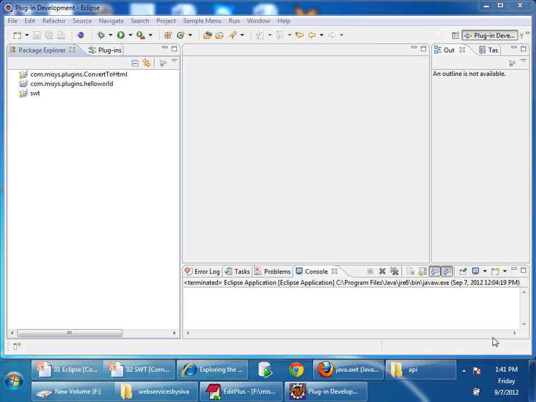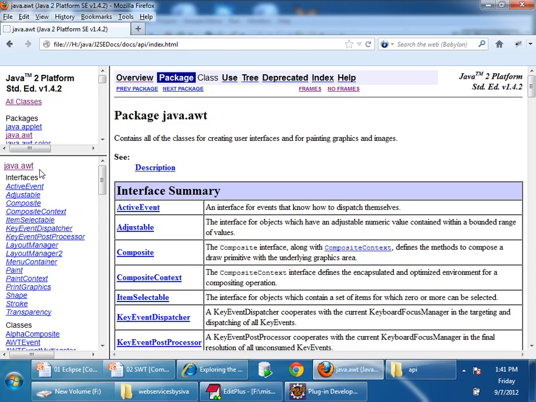Okay, let's write a simple program in AWT and convert the same application to Swing. Then we will see the differences and talk much more about it. So first of all, before writing a program, I would like to introduce you to the API. java.awt is a package where all classes are present, and there are a lot of other sub packages. Coming to java.awt, there is a class called